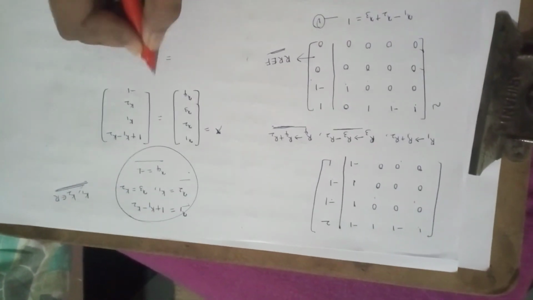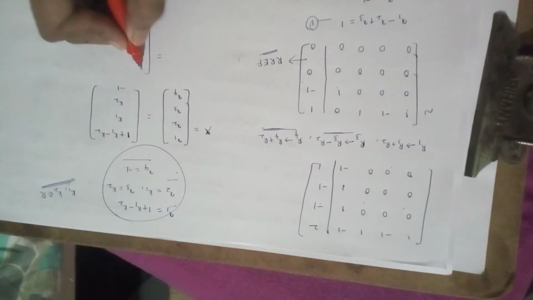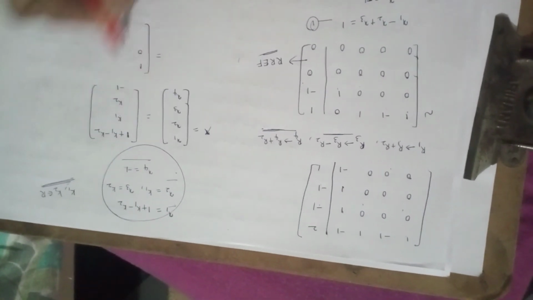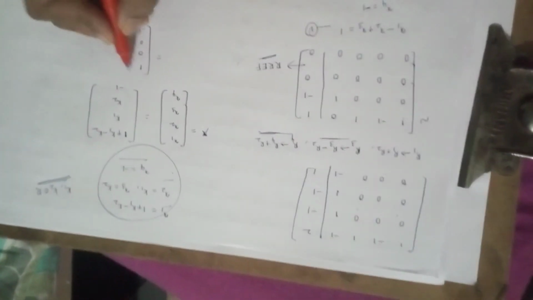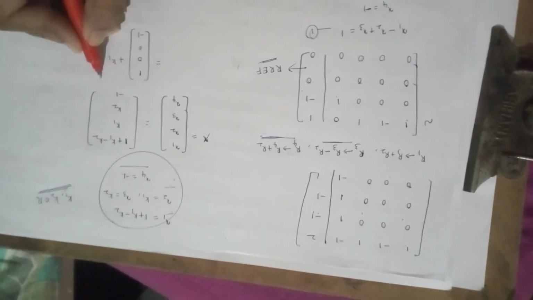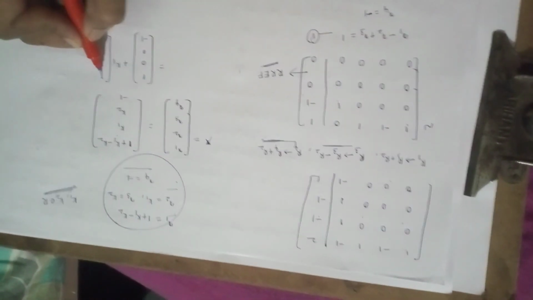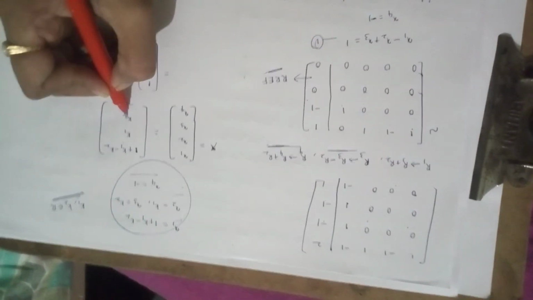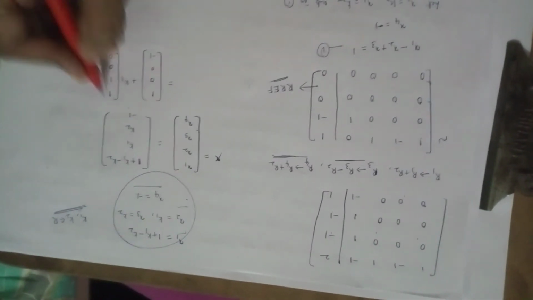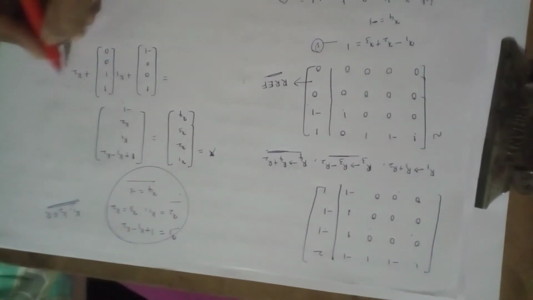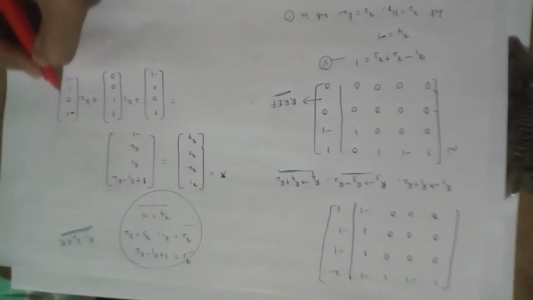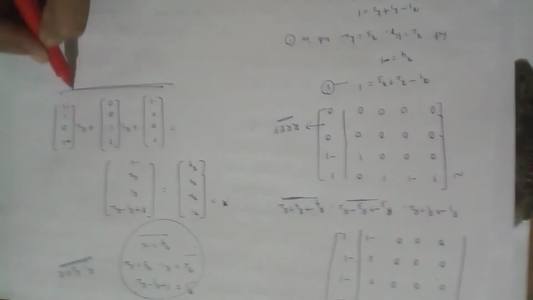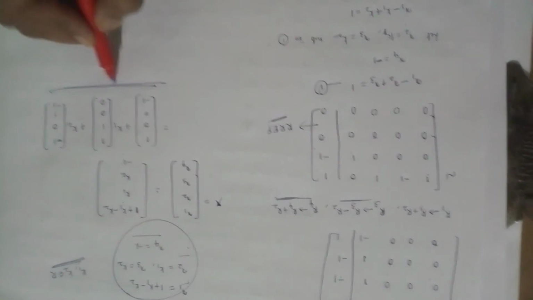So now writing constants. First of all, in that 1, here no constant, so 0, in that no constant 0, so fourth one minus 1. Okay, so plus k1 into, so k1 is outside, so here 1, here 1, here no k1, so 0, here also no k1, 0. Next k2 into, so minus 1, 0, 1, minus 1. So this is called parametric form of solution of the given system of equations.